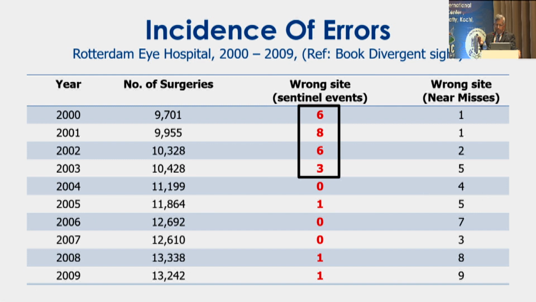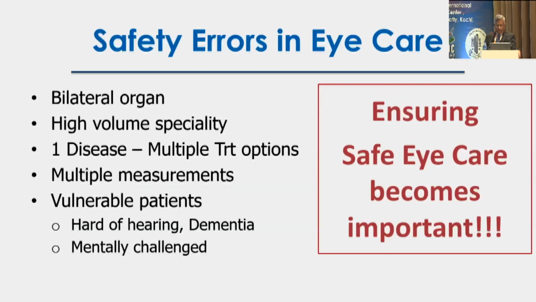People are making mistakes, but now there is a protocol and process to pick it up so that you avoid an event. So this error we may not be able to prevent people from making, but we have a system, somebody else will be able to pick it up. I'm emphasizing this point because it's not a problem of Aravind alone. It's a problem everywhere. It's not only a problem of high volume hospitals, even in a smaller practice this can happen, and we have to be aware of that fact.